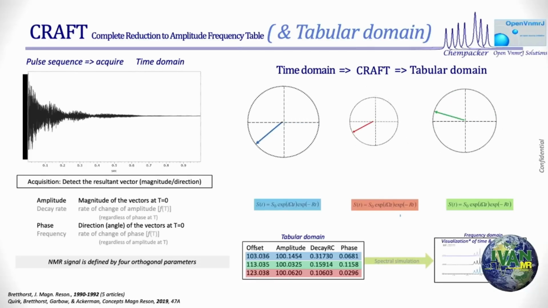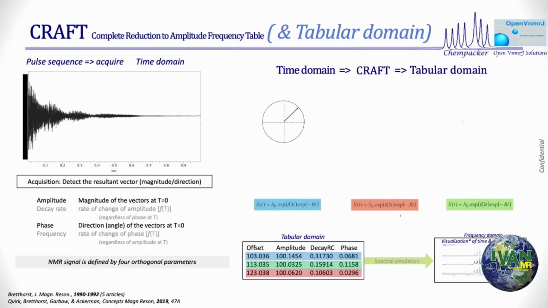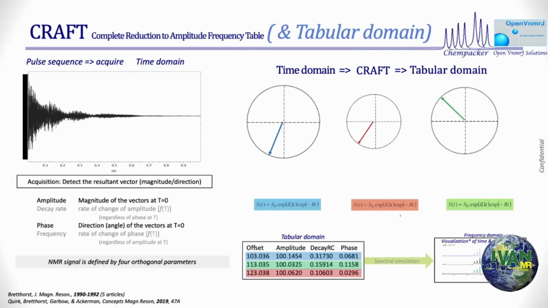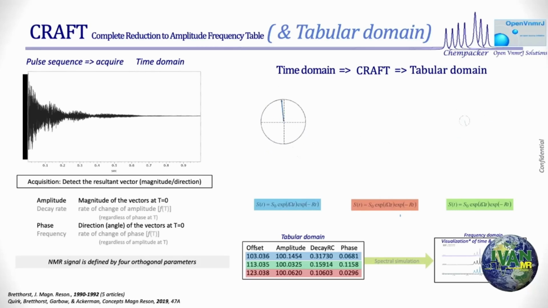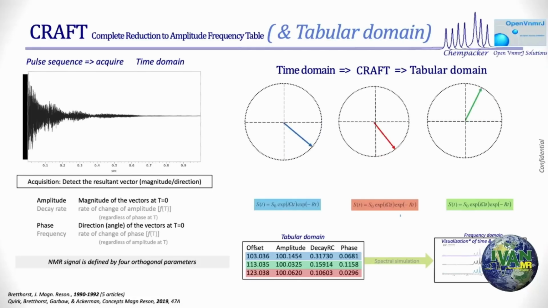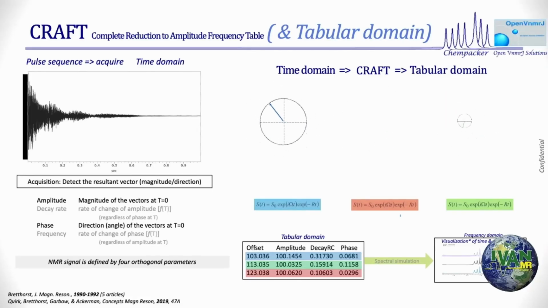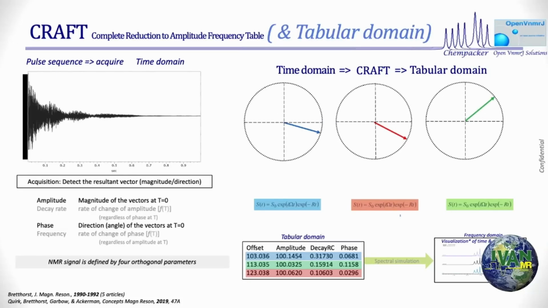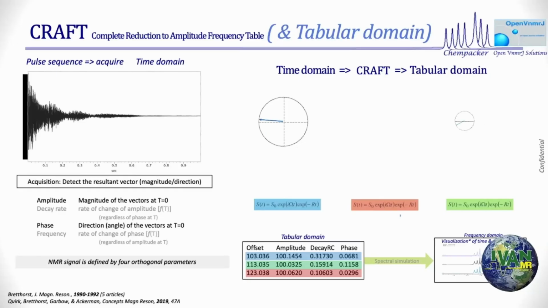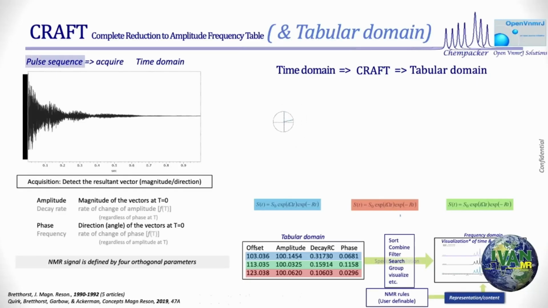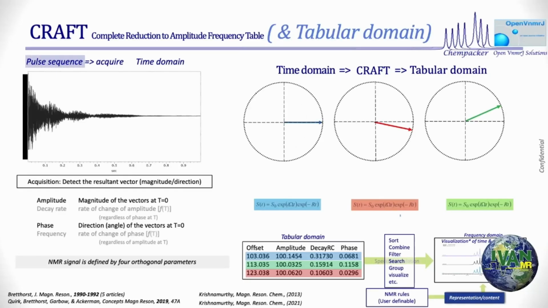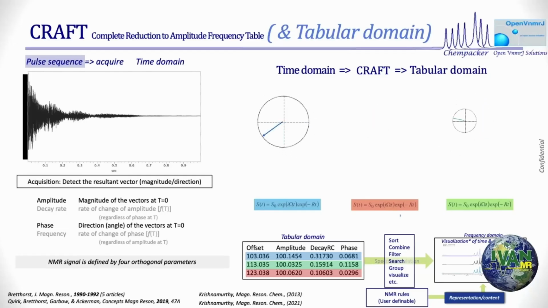What we did was coming late. We came to the game. I came into this game only in the 2000s. I looked at it, that's fantastic. I want to use it. But I'm not interested in the mathematics of it. I trust Larry, or I just use it, and if it works, it works, and if it doesn't, it doesn't. Except once I am in a tabular domain, I can play with the table. I can move around the numbers and generate different